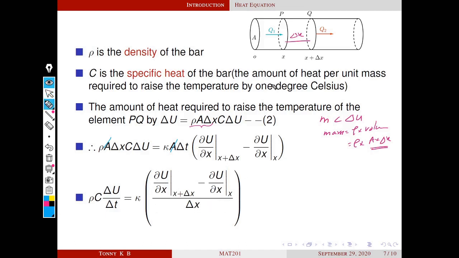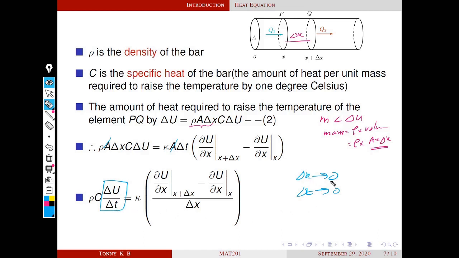We have to find a relation involving temperature at X. To find the temperature at X, delta X should be very small. So next we assume that delta X tends to 0. Also we have to find the instantaneous change. So we also assume that delta T is also very small. So what about this expression? Whenever delta T tends to 0, what about this one? This is the rate of change of U with respect to T. That is partial du by dt.